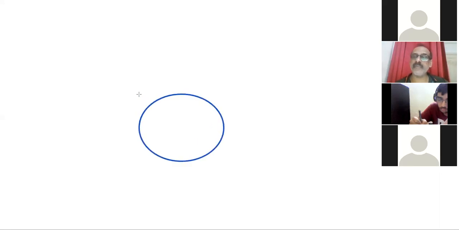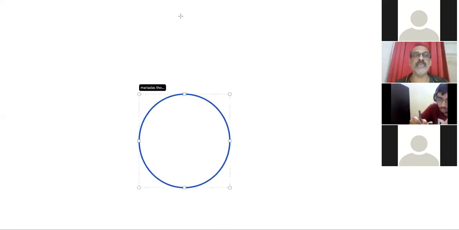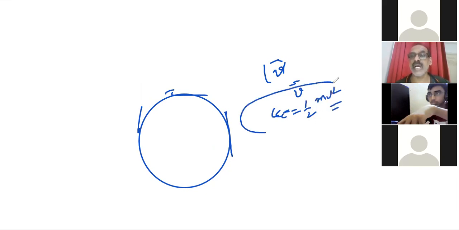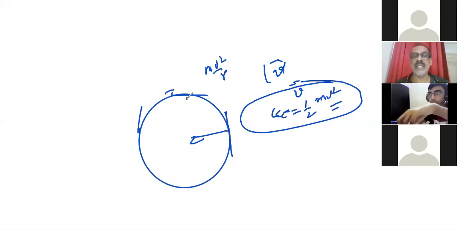Acceleration. You must identify it's a circular motion. In a circular motion, velocity keeps changing because direction is changing. But magnitude of the velocity is constant. That means speed is the same. Kinetic energy is a scalar. There we don't consider velocity, we consider speed, half mv squared. That remains constant. Centripetal force magnitude is the same, mv squared by r. But every time its direction is changing, you see? Direction keeps changing. Okay?